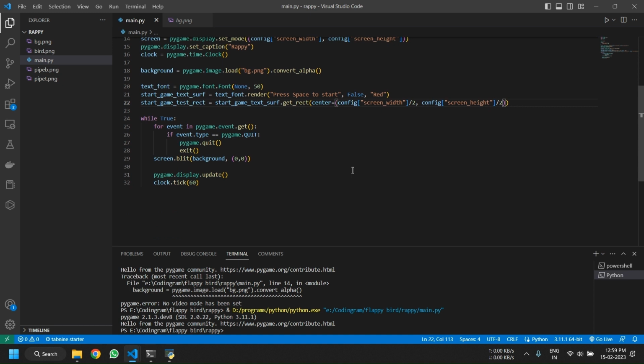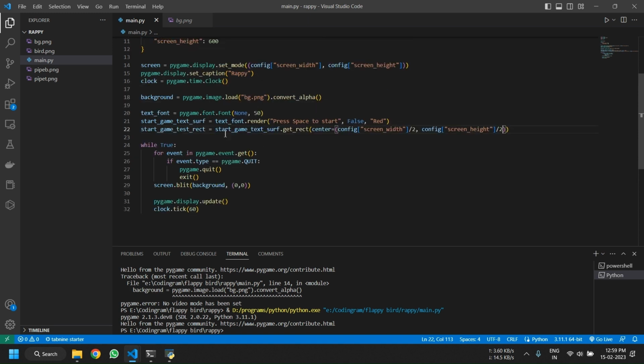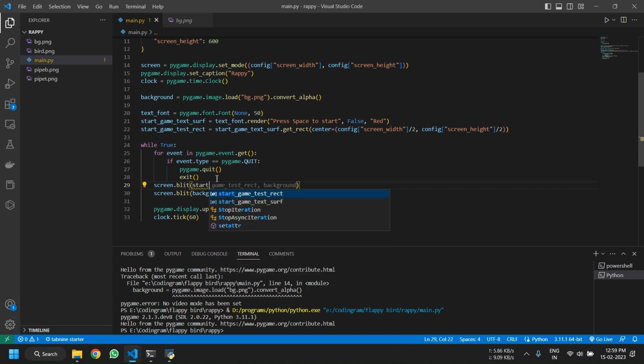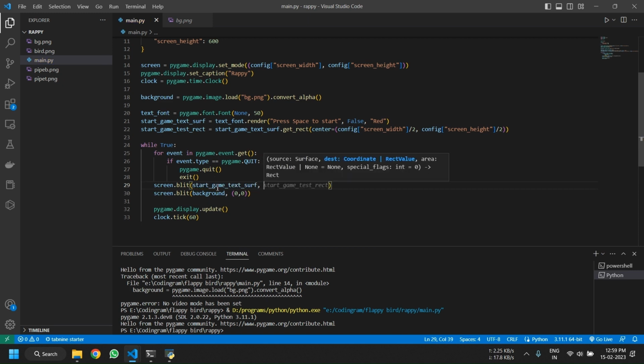So we need to first show the text on the screen. So for that we use screen.blit, start game text surf. First is going to be the surface that we want to define, what to show on the screen, and the second parameter is going to be where to define it. And the where to define it, we define it using the rectangle. So first we add in the surface, and the second the rectangle that we just created. So now if you run it,